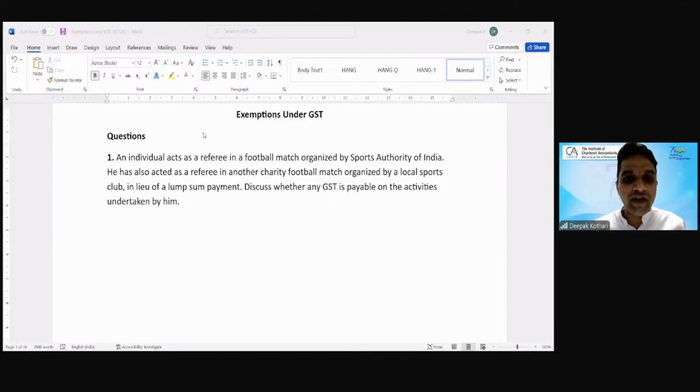Okay, so are you ready? Are you prepared? Have you gone through these topics? Today we are going to discuss two topics. One is exemptions, which is itself long, but we will take up the important exemption questions. And in the second half, after the break, we will take the topic of value of supply. So these are the two topics which we will cover in this session.